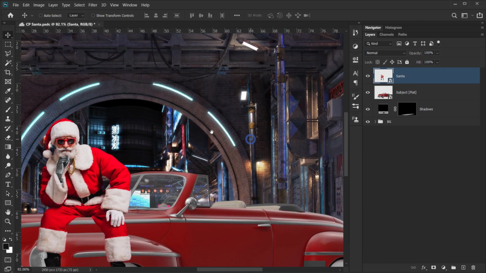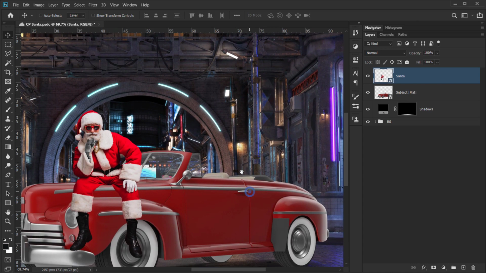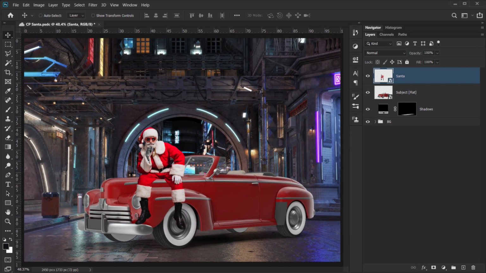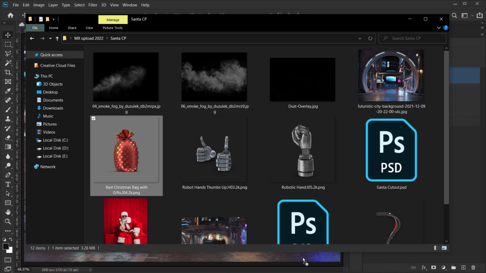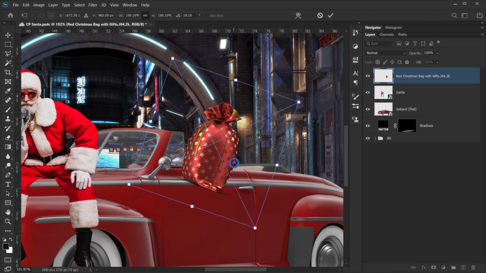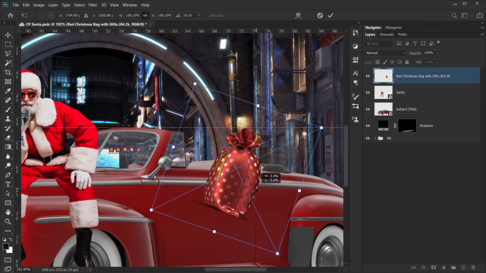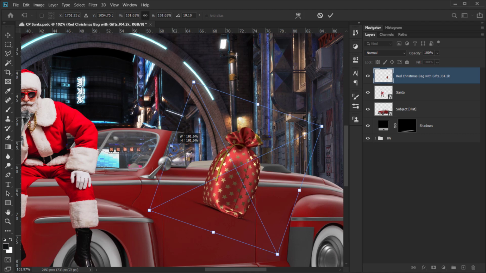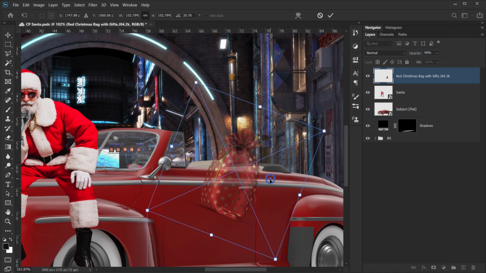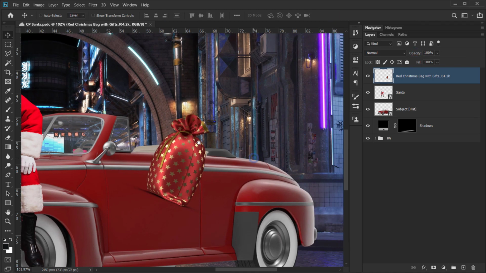Okay, now I want to add a Christmas bag in the back seats in here. Alright, so let's go ahead and open it. Go to my file, open it in the same document, and let me actually zoom in and rotate it a little bit and put it just right here. Maybe make it a little bit bigger. Let me see. Alright, something like that, and I will click on this check mark,